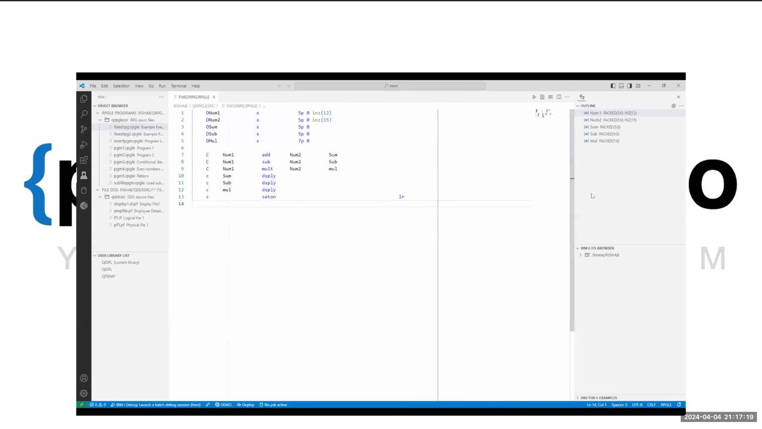And in here, if you go to the right hand side, you see the outline. The outline tells us what are the different global variables that are defined, the subroutines that are defined, the procedures that are defined, any data structures that are defined. It outlines the program's declarations. It doesn't show the calculation specs, but the declaration specs. So it creates an outline,